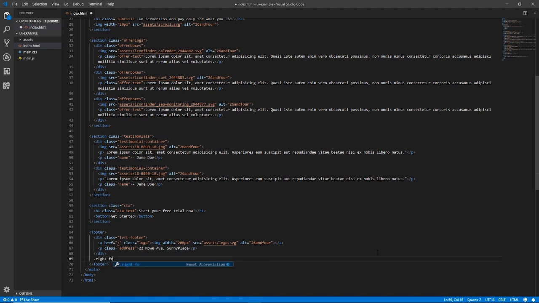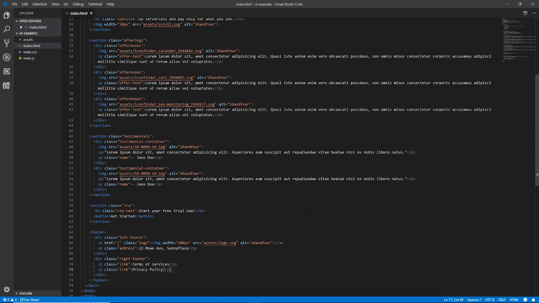So right footer is the section that will be on the right of the page, and in there we just have two of the same types of things, which I'll just call link for now. I guess you could make these A tags, but I'm not making real links, so I'm just gonna make them P tags and change the cursor because I am weird like that. So let's do link, and then we do privacy policy